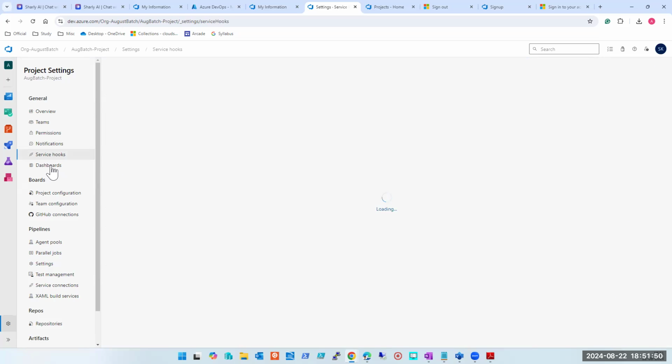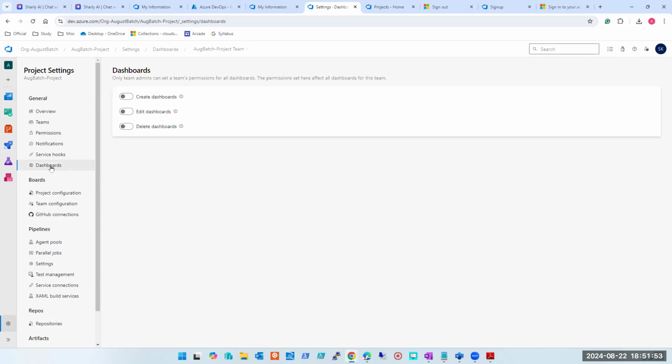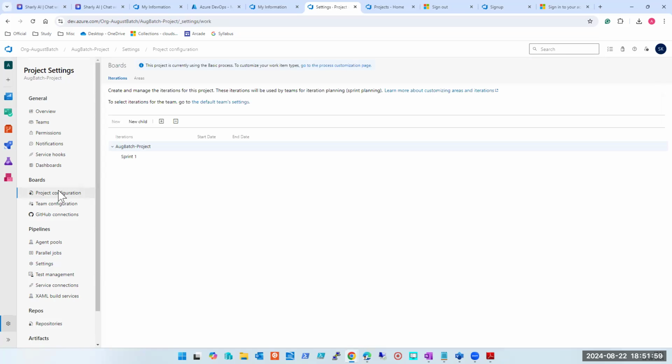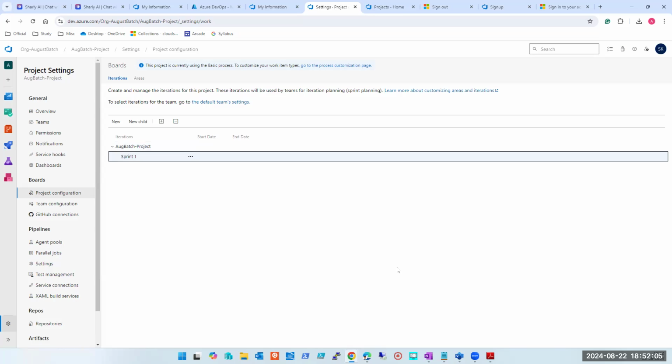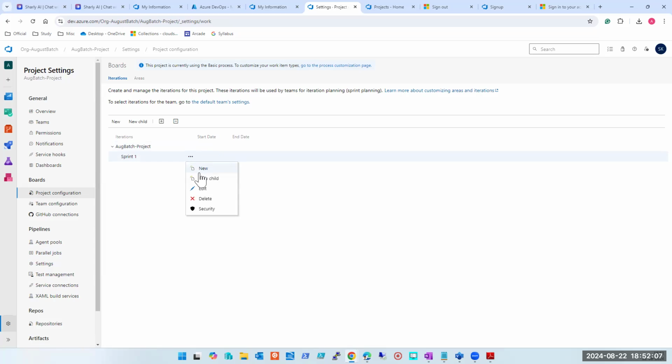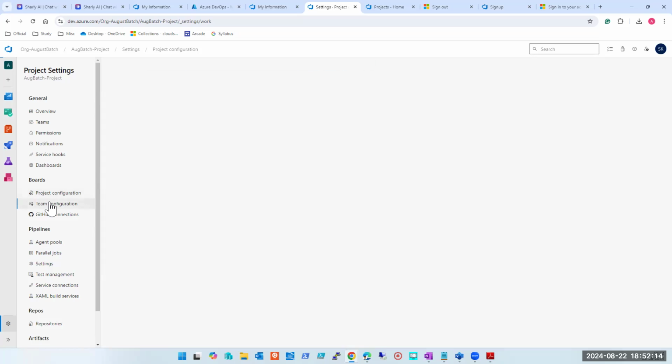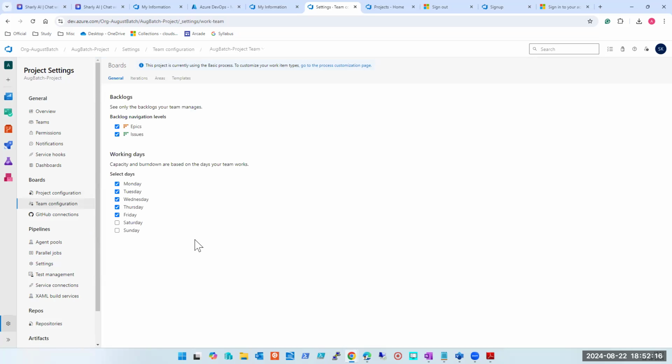Service hooks, let's leave it as of now. Dashboard, let's leave it as of now. Project configuration, here it is, the project configuration. Sprints, you can select the dates of the sprints, etc. We will see this once we have created the project, then that time we'll see. Team configuration, your team